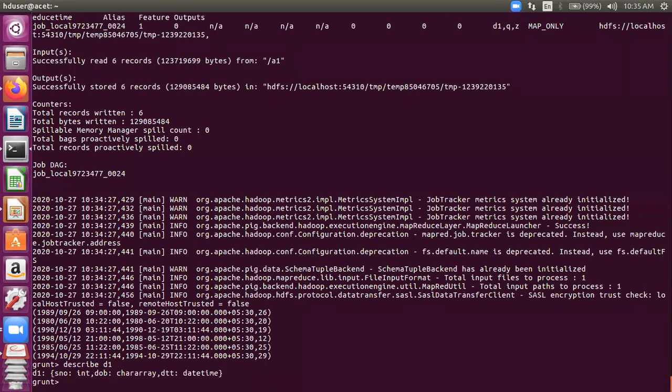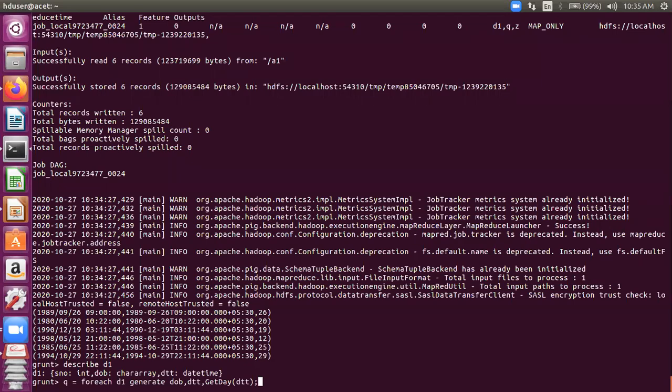See, D1 now has 3 columns. Our original relation Z had 2 columns. D1 has 3 because we projected Z. See, I'm not generating a serial number here. Can you see? It's important, that's why I'm discussing it. I'm not generating any serial number. The generate is just displaying the things on the screen, okay? Projecting and displaying for each and generate.